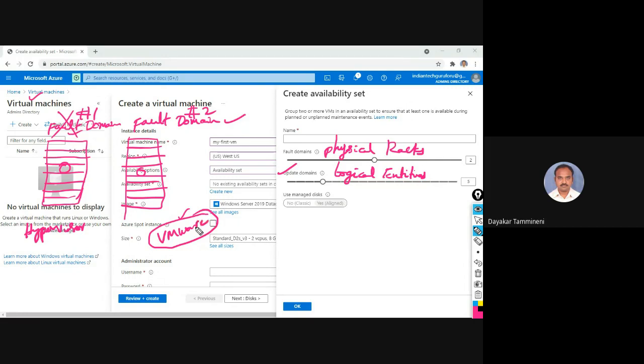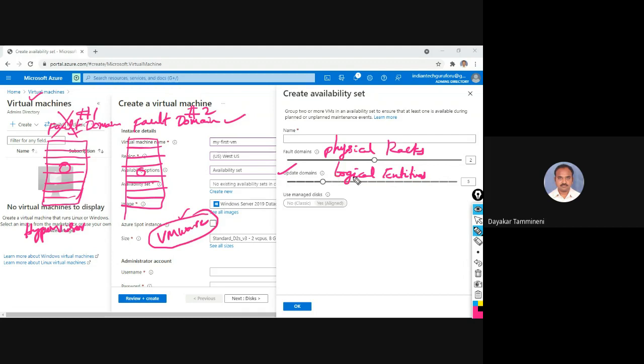We may be knowing that the bank server also needs maintenance several times. Every weekend, Sunday early morning, they schedule the maintenance activity. Like that, this VMware software needs maintenance.